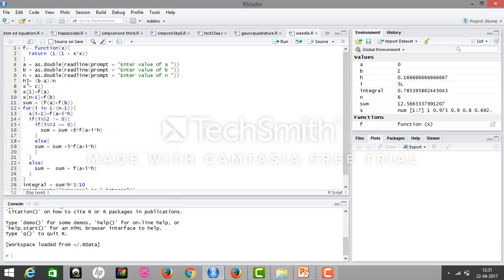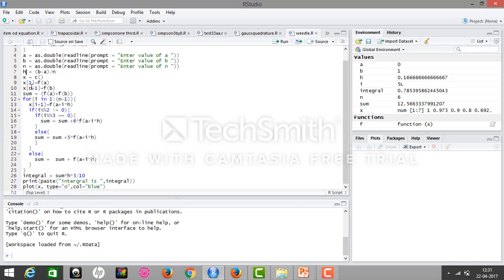H, that is delta h, is the difference between two subsequent divisions, and then sum stores the value of the first and the last terms of the function.